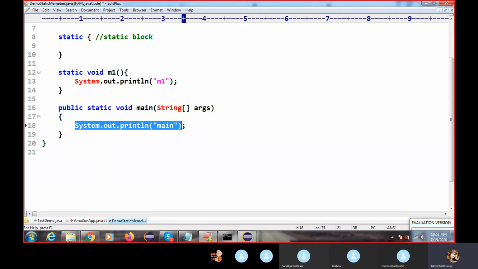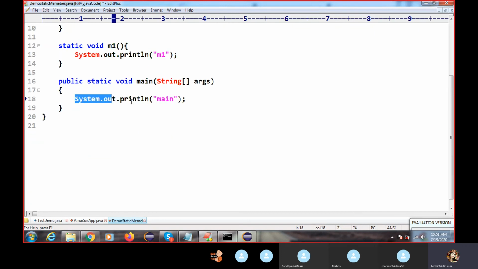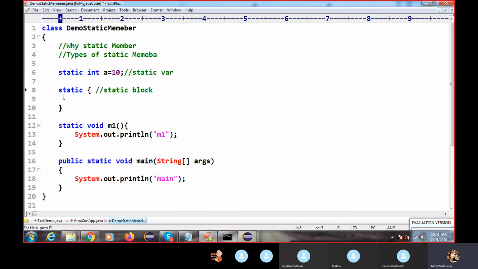The main method is a method block, and inside a method block we cannot create any block level members. Like you cannot create a static inside this main method, or a method inside it. So this is your static variable.